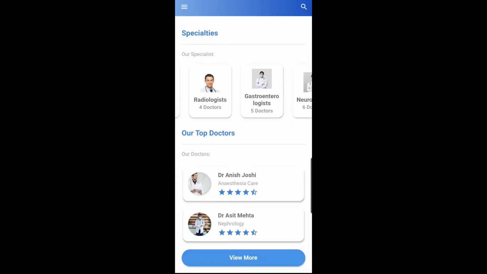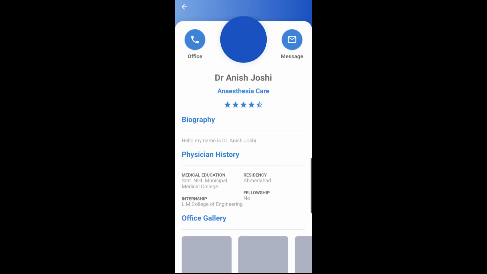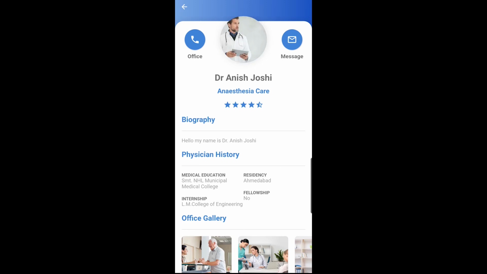At the bottom of the home feed, here, we have the registered doctors who have been rated highly by the app's users. Once again, tapping on that doctor's card opens up the doctor profile. Here, the patients can contact the doctor by call or text message. There's practice history, a short bio, and information on the availability of doctor's appointments.